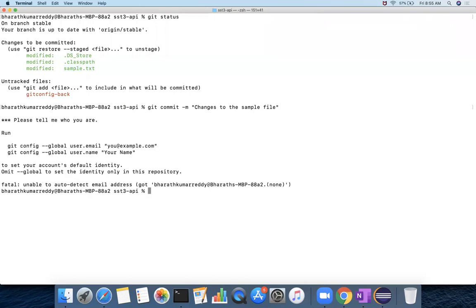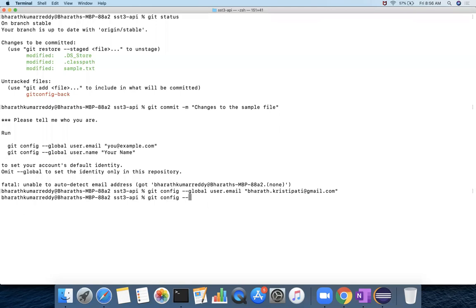When you say that, it will ask you, please tell me who you are. That means it does not know who is committing the code. So for that you need to run these two commands. What are the commands? git config --global user.email with the email address Bharat.christyparty@gmail.com. That is one command you have to run, and then git config user.name.